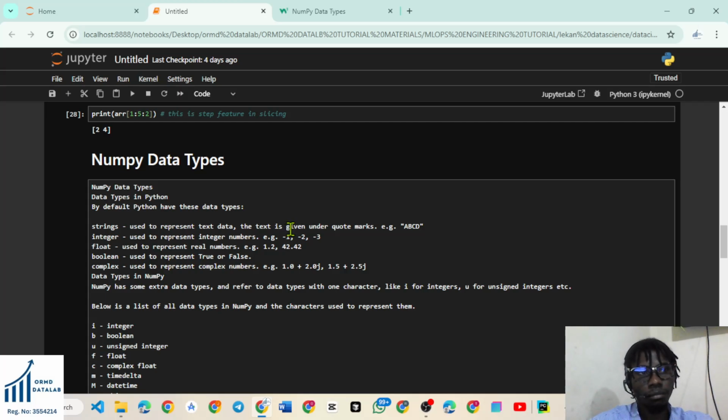Then we will be doing NumPy now. So we are on the NumPy data types. If you follow our curriculum, you will see that we are in NumPy data types. So in the NumPy data types, we have various data types in Python,